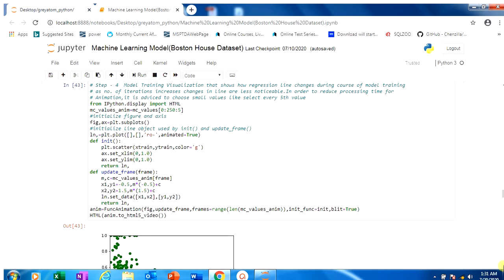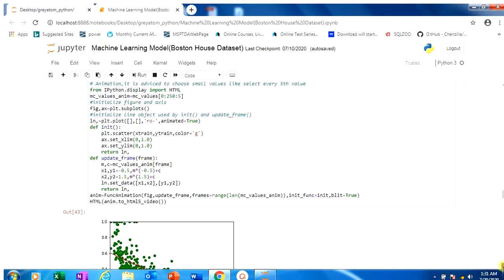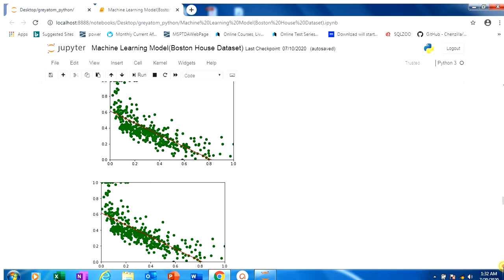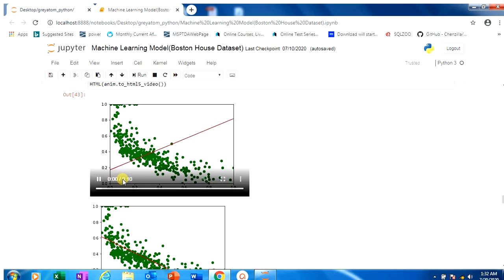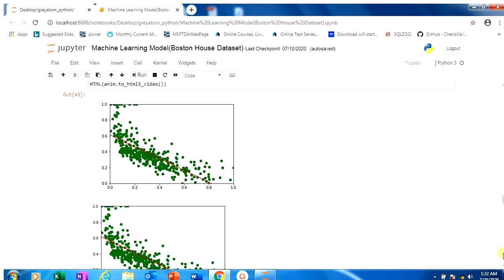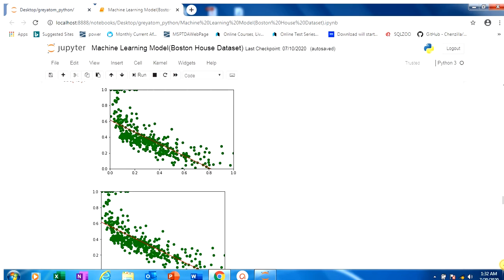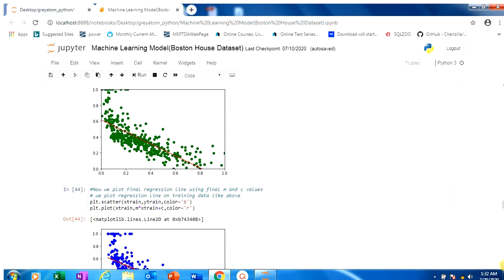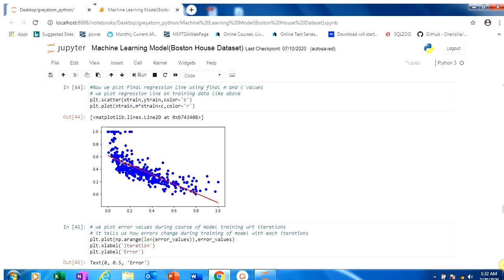Now we visualize how the regression line changes during the course of model training. We can see here. Now we plot the final regression line using the final M and C values.